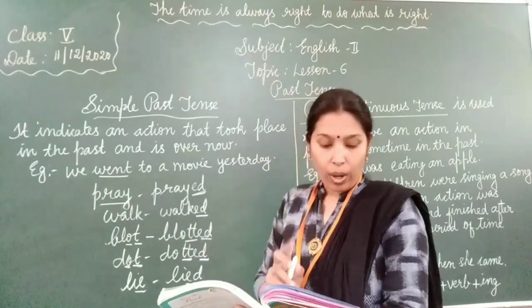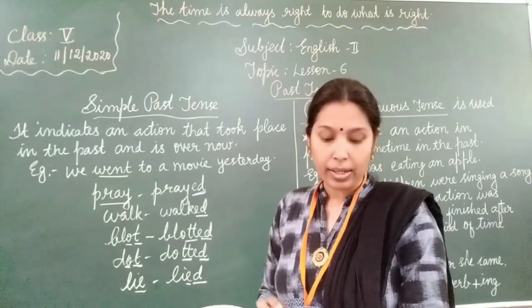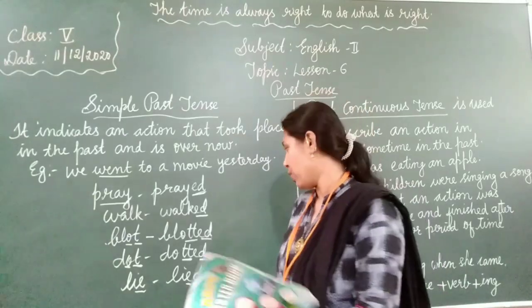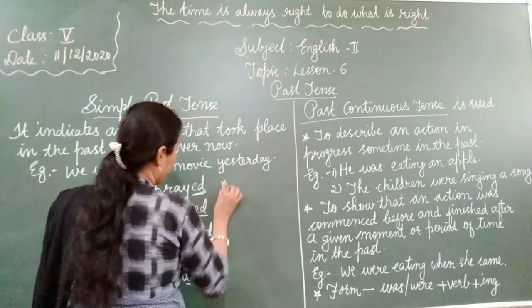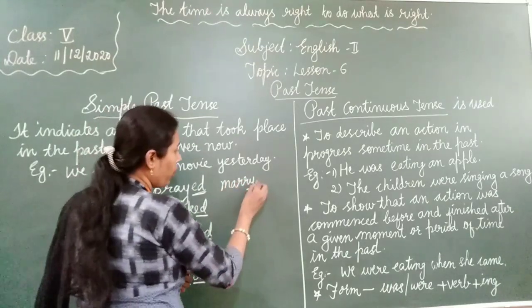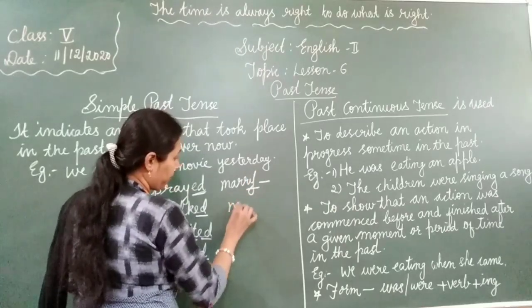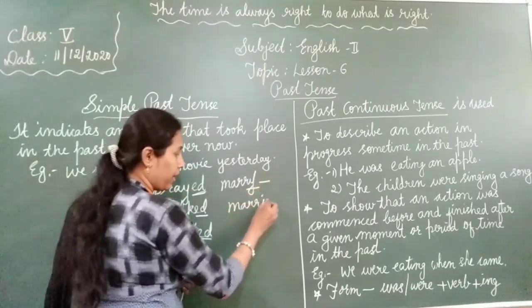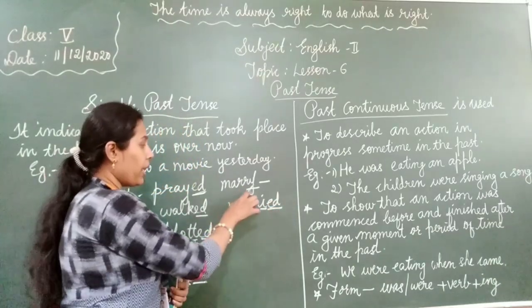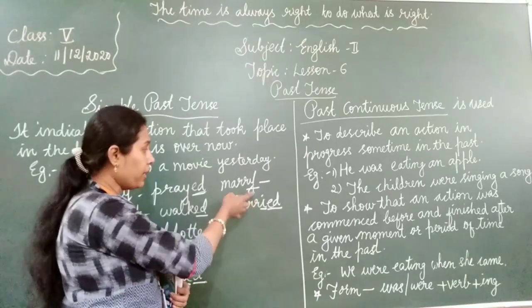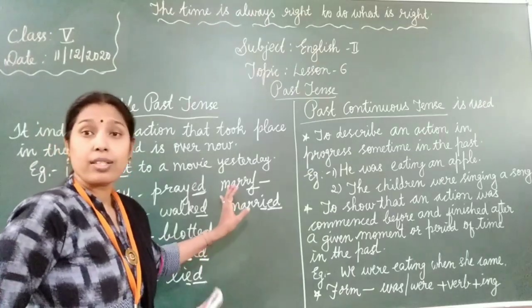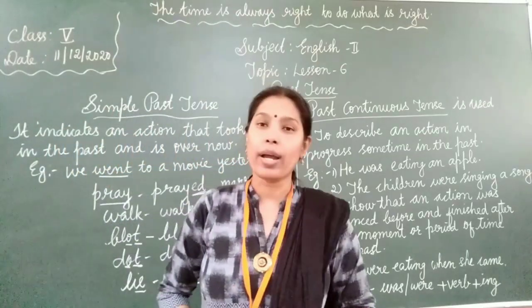And one more, in verbs ending in y, we change the y to i and add ed at the end. For example, marry, ending in y, right? So you have to take away the y and add i, then you have to write ed. So a verb that ends with consonant plus y, take away the y, add i and add ed. Okay? These are some rules that we have to follow to write the past form.